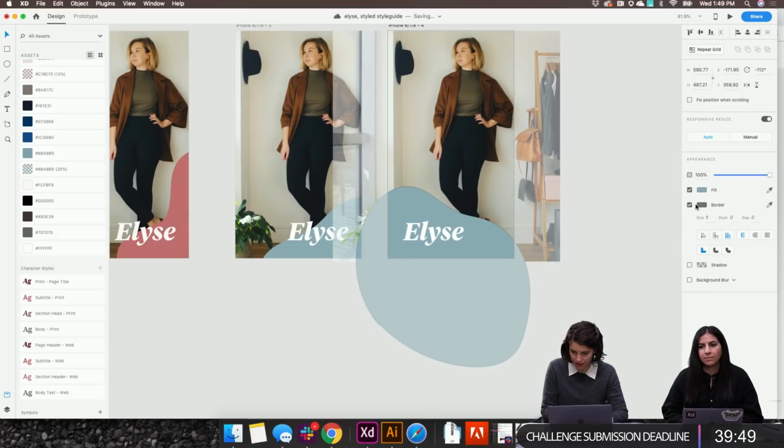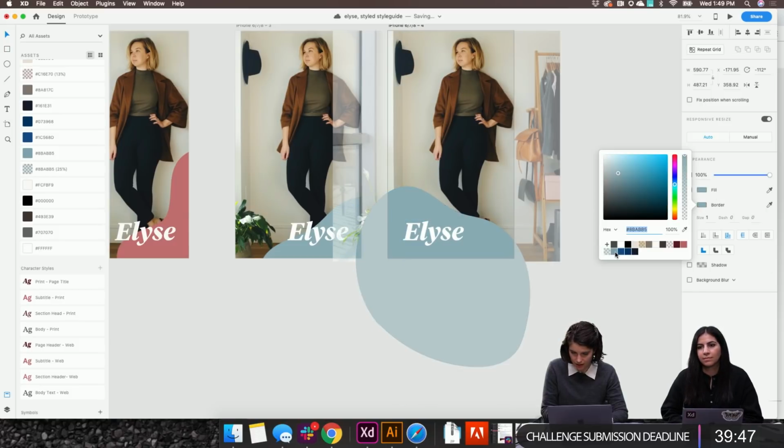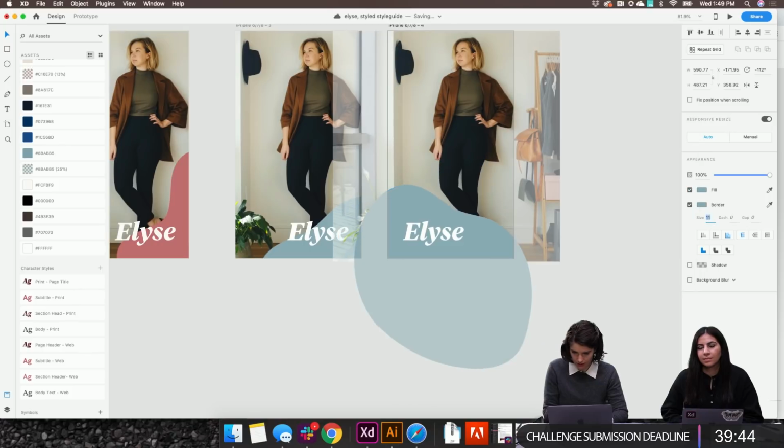Maybe I can play with something that's the outline and not just a solid color shape.